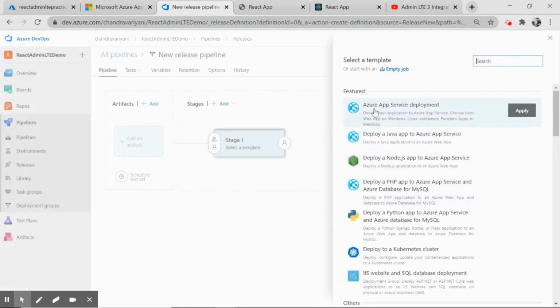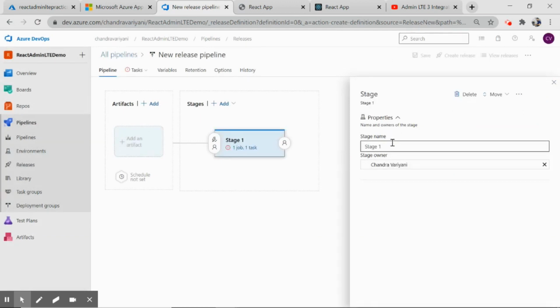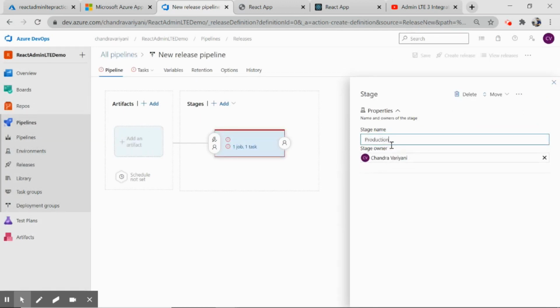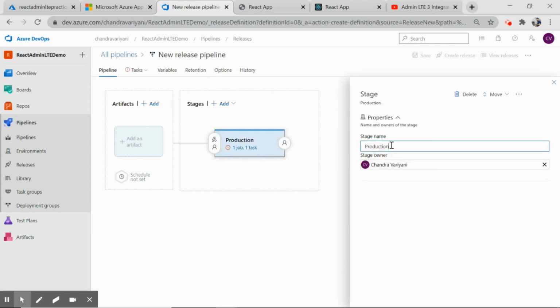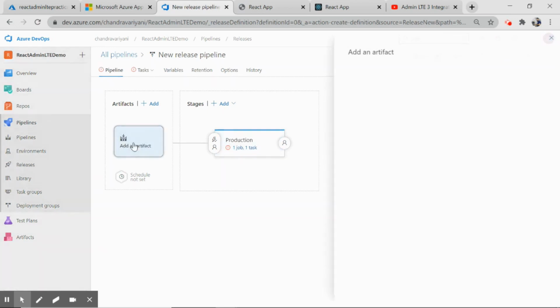So at first, click on this Azure App Service Deployment. Click on Apply. You can name your stage. Any name would work here. Generally, we have 3 stages: dev stage, QA stage, and the production one. So I'm directly creating the production stage here. Click on Close. Then click on Add an Artifact. So here,